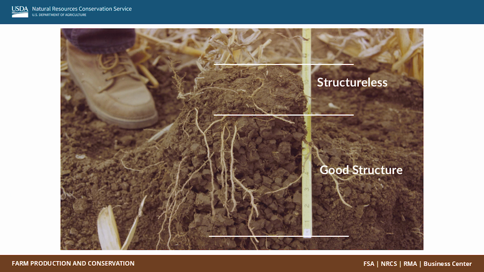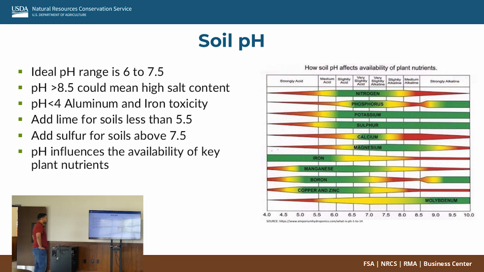Yeah, and the good, top, healthy soil, if you disturb it a little bit, you could call it either massive or single grained, that structureless soil. So soil pH, the ideal range to have for a soil is 6 to 7.5 pH,